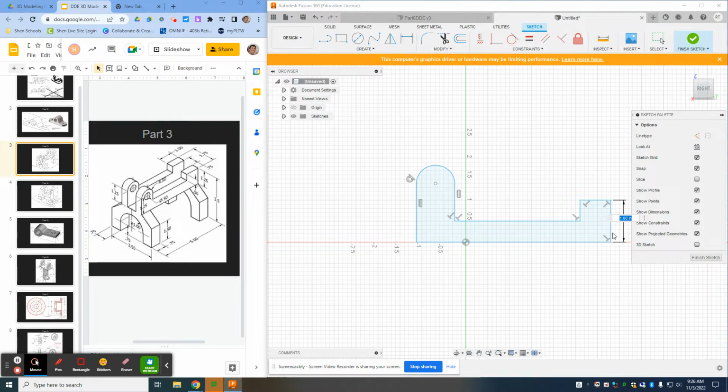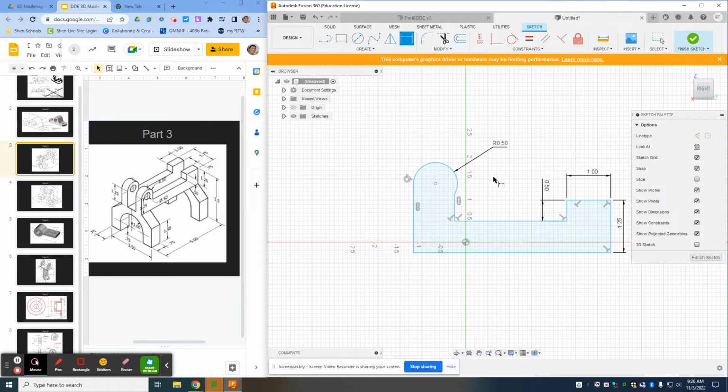And at this point, you should be pretty good at dimensioning stuff. All right. That's going to be that. This is going to be 1. Okay. We're going to be thinking about this. Yep, that's going to be 5, which makes sense. We're going to be thinking about this in a different kind of way. All right. It's getting a little wonky over here. Don't worry. It'll fix itself. And basically,